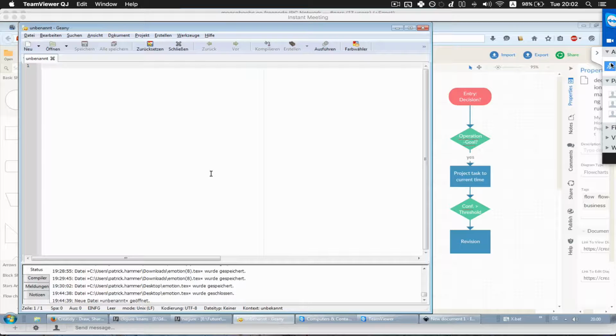Namely, if the revision process is already done and we just want to know how relevant the gore is, how desired the gore is in respect to the current moment. This is what this decision entry does. So if it's a gore, it's projected to the current time, and if the confidence is above threshold,